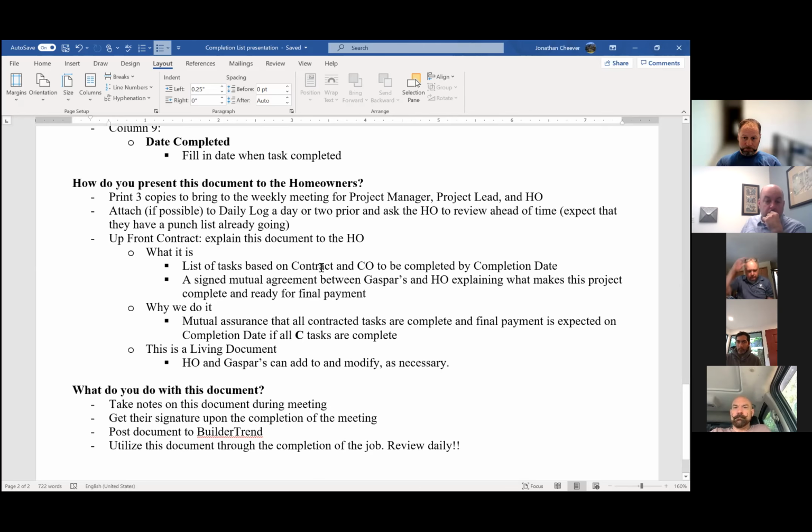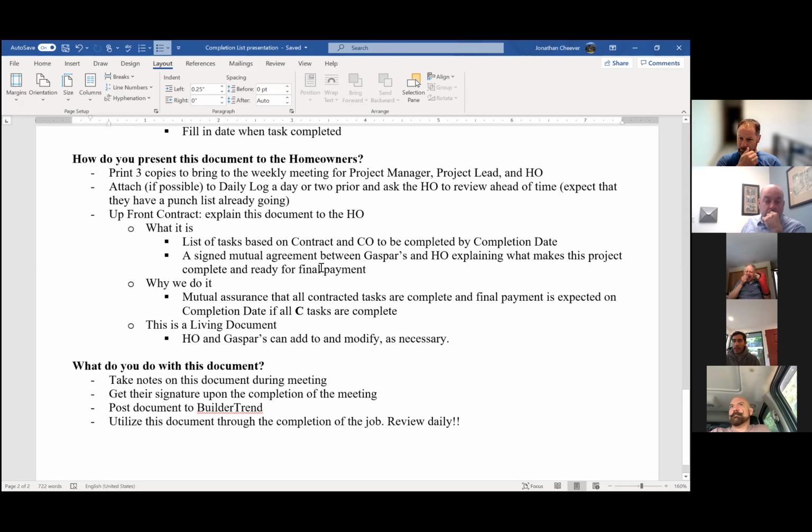And then keeping in mind the upfront contracts, when we explain this document to the homeowner, what is it? Explaining what it is, the last list of tasks. It's a signed mutual agreement between GASPAR'S and the homeowner, explaining what makes this project complete and ready for final payment. So once we've completed all the C labeled items,